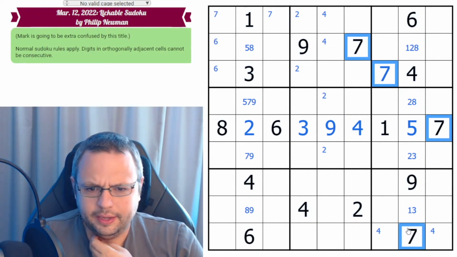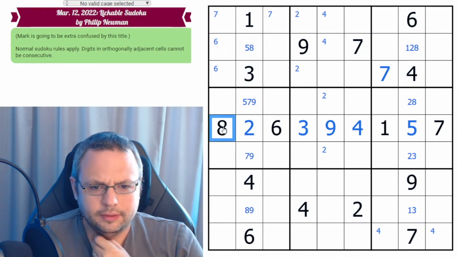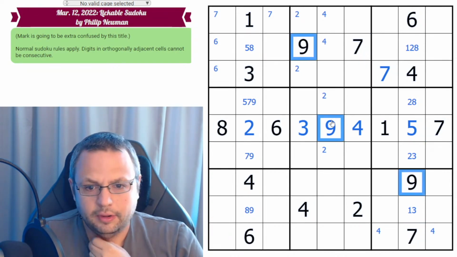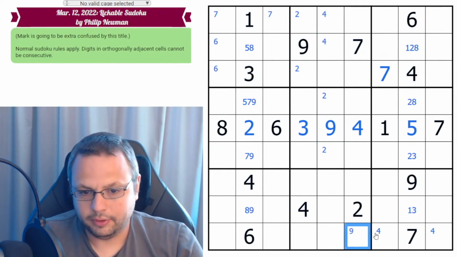Let's see. Is there any more joy I can get out of 7s? Not yet, I don't think. What about 8s? Oh, I only have one 8, so 8 is going to be hard to get a lot out of. And what about 9s? 9 is placed here just by plain old ordinary Sudoku,